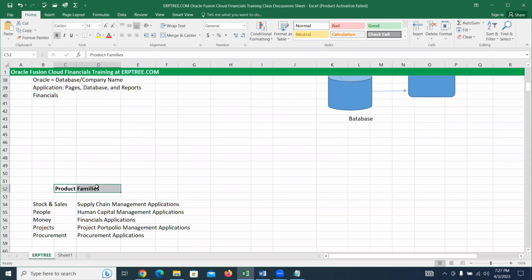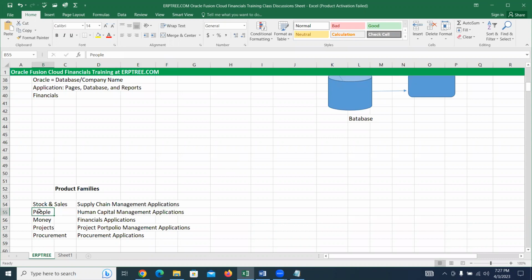If you talk about product families, to maintain the stock and to perform the sales activities, what are the applications we use? Those we call as supply chain management applications. By using the supply chain management, you can maintain the stock and you can supply that stock to your customers. You can manage that supply chain activities by using this group of applications.